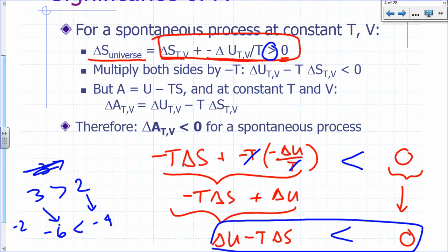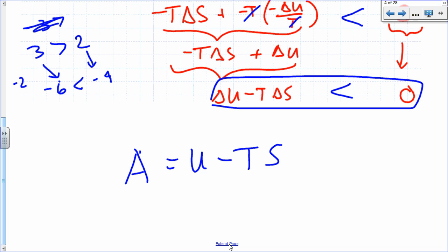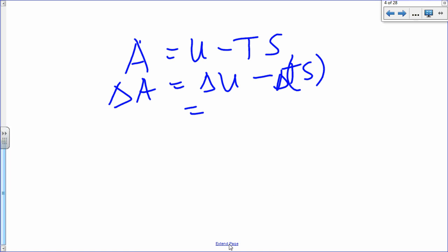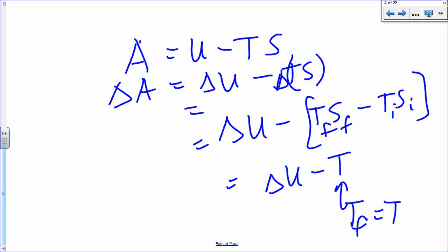But at constant temperature and volume, what's delta A? Remember, A is U minus TS, right? So delta A is just delta U minus delta TS, right? If temperature is constant, that's delta U minus (TS final minus TS initial), right? Temperature is the same, final and initial. So that's just delta U minus T, which is the same as T final and the same thing as T